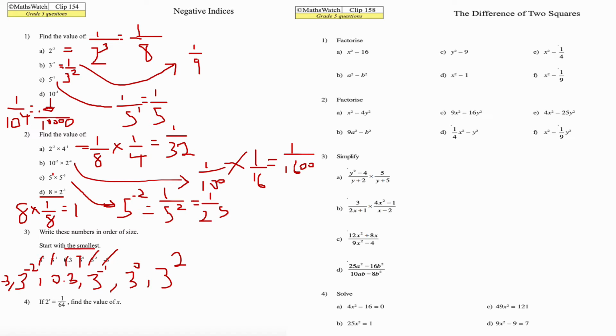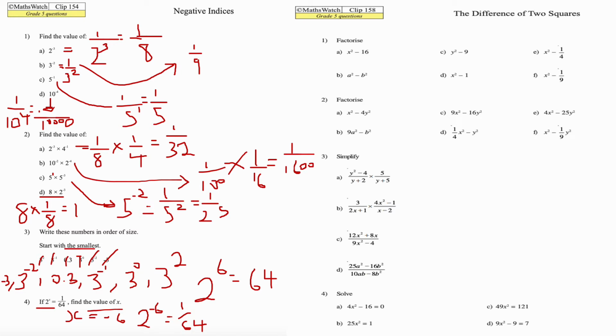Question number 4, if 2 to the x equals 1 over 64, find the value of x. Well, we know that 2 to the power of 6 is 64, by definition. Therefore, 2 to the power of negative 6 is 1 over 64. So x is equal to negative 6. And if you didn't know that 2 to the power of 6 is 64, then that's fine, but please do revisit and revise your general rules here of knowing your powers,